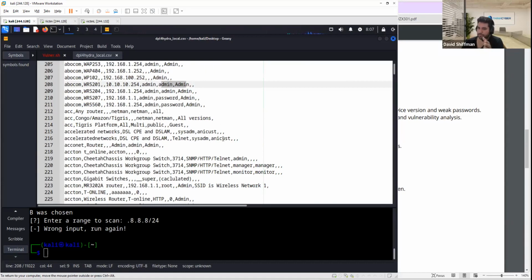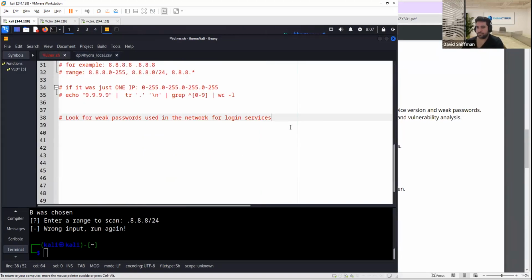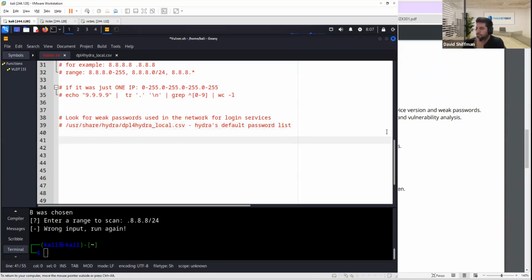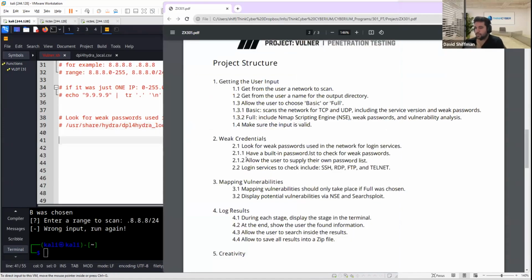I'm sure you'll be able to use this also if you want to for your project. So it's going to look for these simple things. You know how to use Hydra, you know how to use Medusa. I'm sure you'll be able to do just fine with it. Let me just put this over here and say, we'll say Hydra default password list. Good. So you can either do this or allow the user to supply their own password list,